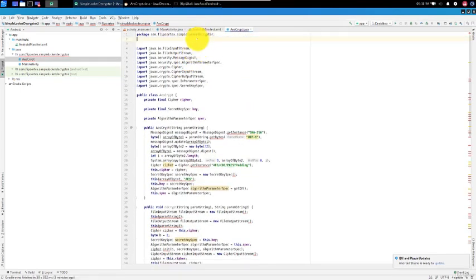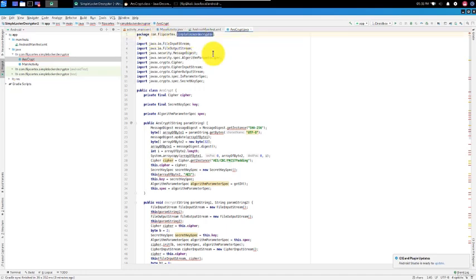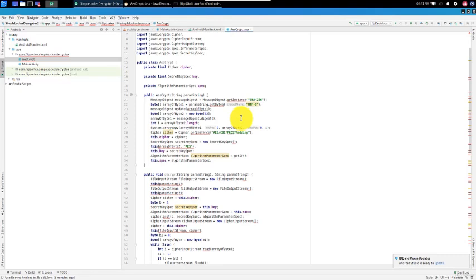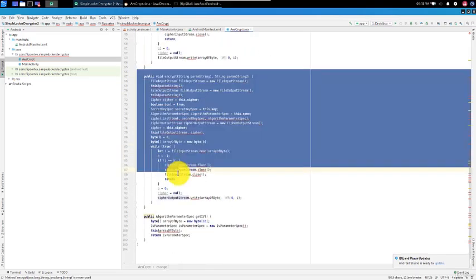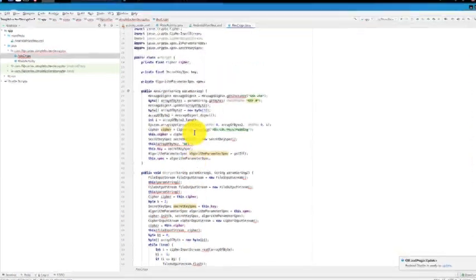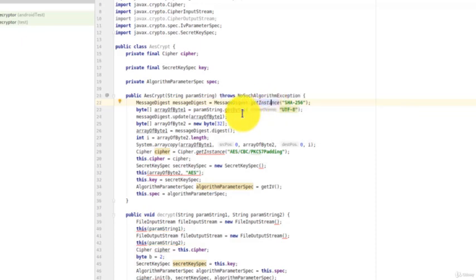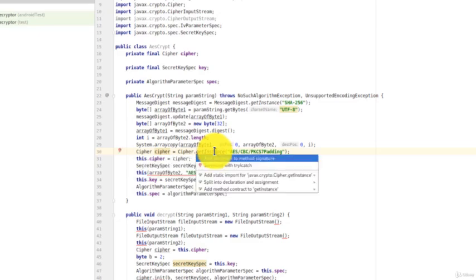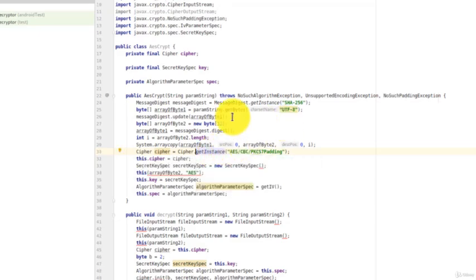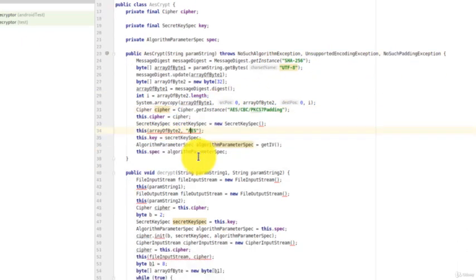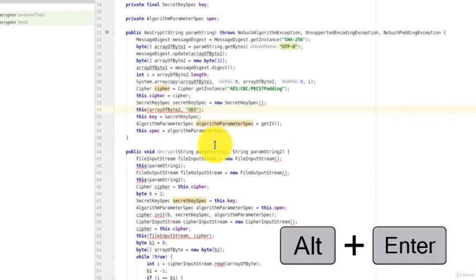Okay. Now we are about to see a lot of errors over here. Notice that we changed the package name because we need the package to match our project. To save us some time, I'm just going to remove the encrypt function since we are only going to be using the decrypt. And let's just fix the content a bit over here. Let's see, here you're going to have some errors where you can automatically fix and add the exception with its signature. Same thing over here. Remember, Alt and Enter will give you the required fix.